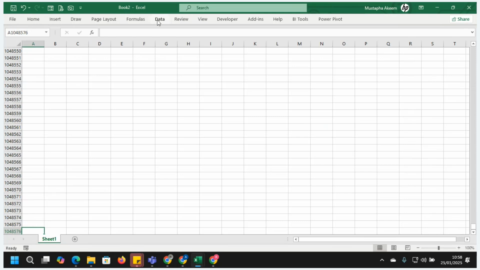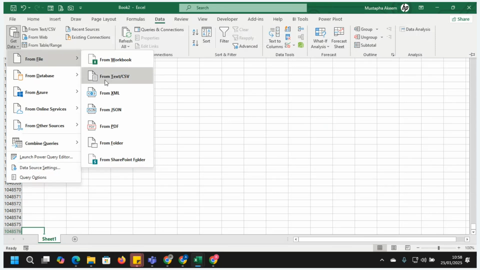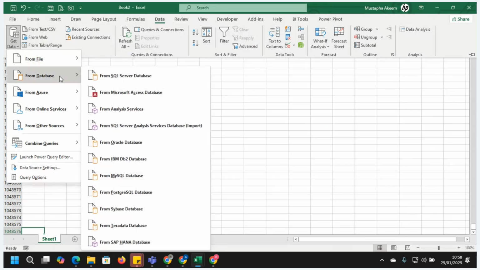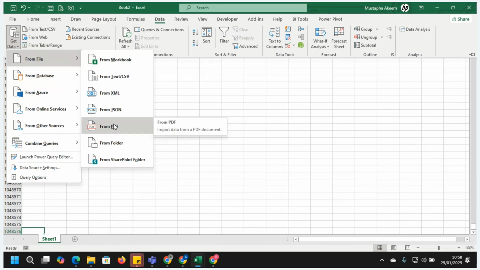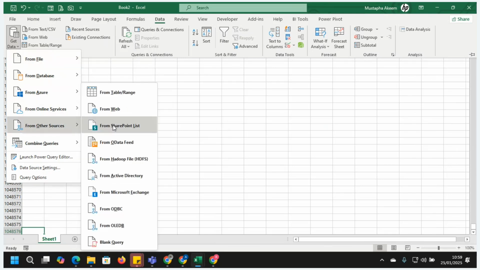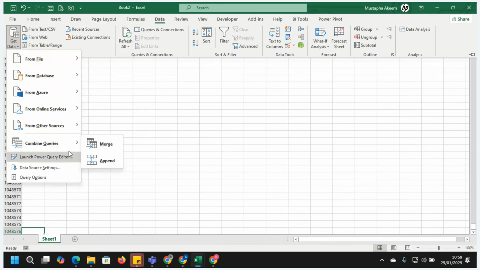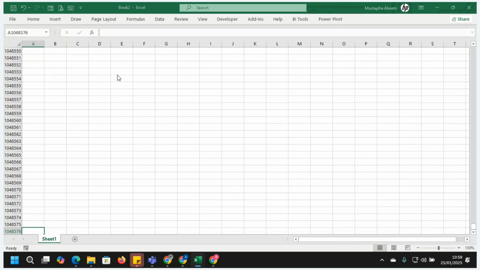You just go to data and connect with that data. Just click on text CSV, or you click on get data from file, CSV or whatever. You can see you can connect to anything here. You can even connect to PDF and extract data from PDF. You can connect the complete folder and so on. Online source, other sources. You can also combine queries, that is under this query here. So let's quickly click on the CSV again and bring our data again.